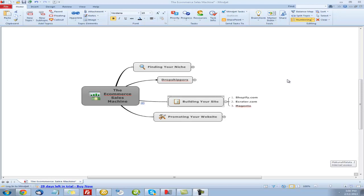Now Shopify and eCreator are hosted platforms, so they're very easy to use. If you're a newbie and you want to start your e-commerce website, I would highly recommend Shopify.com, if not eCreator.com. And Magento is more of a